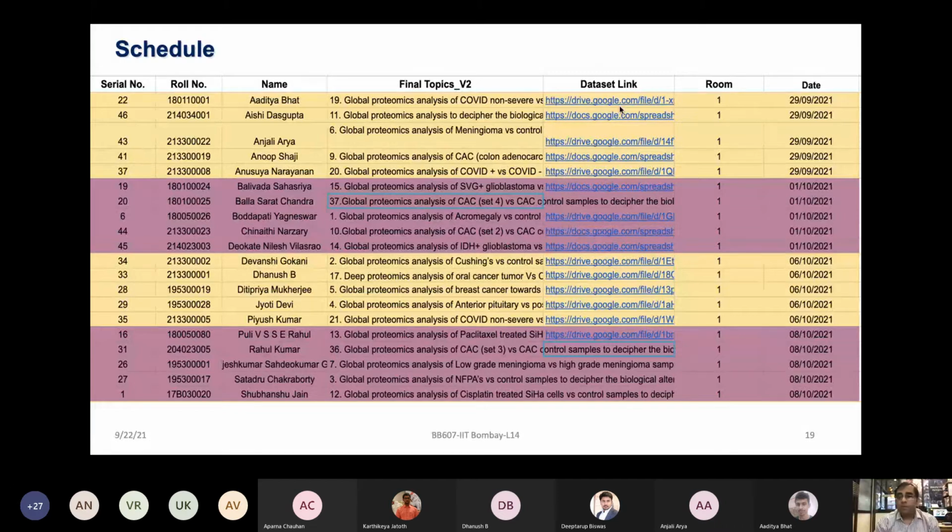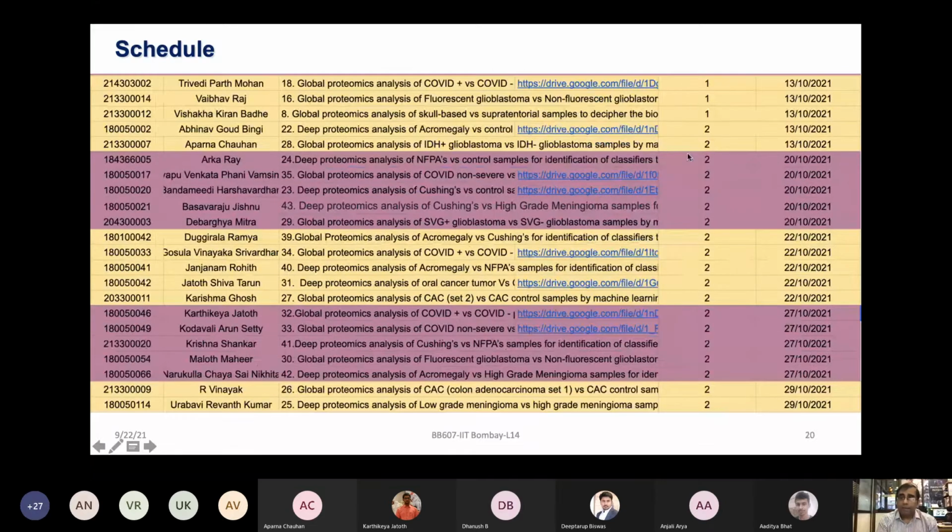Then we are going to make 2 team rooms shortly. The biology project students will be in room 1. The schedule is going to progress in different classes. The computational students are going to be in room 2. Right now we will have 2 TAs in one room, and the other 2 TAs in another room, to walk you through the computational workflows or the data analysis workflow. Everybody will be doing their own data analysis. We are there to help you out, to discuss and talk to you, that if you face any problem in analysis, how best we can make it better for you or give you better workflows for that.